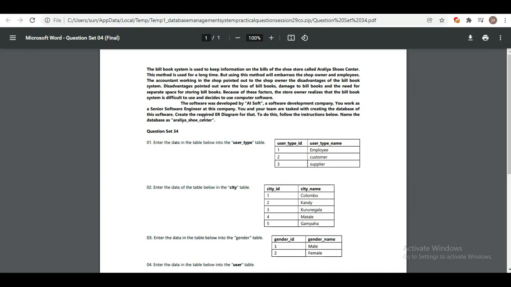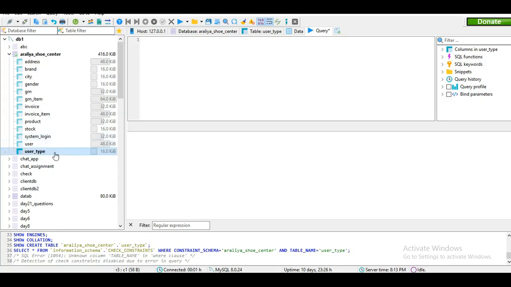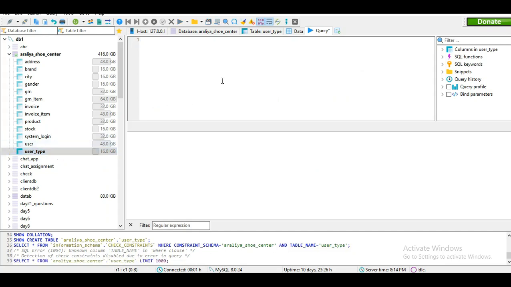Now to enter data into this table, I'll be using queries, and I'll be using HeidiSQL as the software to enter data. So first of all, I'm going to open up HeidiSQL, and after selecting the user type table, I'm going to first add the user types using insert queries. To do that, I need to first type insert into. After that, I need to give the name of that table, user type,